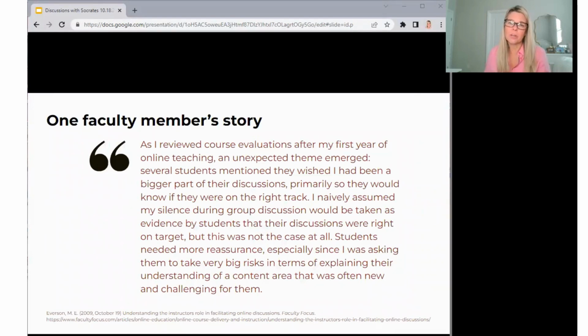So here's one faculty member's story about discussions, and this is from a related blog post. And she said, "As I reviewed course evaluations after my first year of online teaching, an unexpected theme emerged. Several students mentioned they wish I had been a bigger part of their discussions, primarily so they would know if they were on the right track. I naively assumed my silence during group discussions would be taken as evidence by students that their discussions were right on target, but this was not the case at all. Students needed more reassurance, especially since I was asking them to take very big risks in terms of explaining their understanding of a content area that was often new and challenging for them." So,